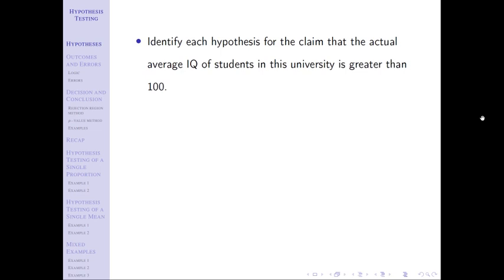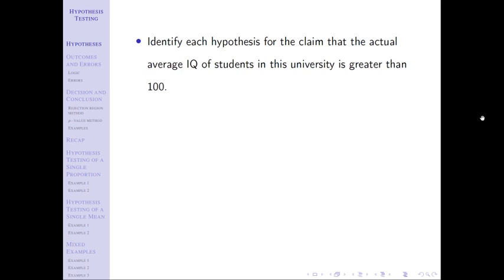The second bullet point says if the claim is directional, and this is a directional claim. Think about a number line: if I would shade it one way or the other, that's directional. The claim is mu greater than 100. The alternative hypothesis is the same symbol, same direction. We don't flip the greater than or less than. If it's going to the right, we still go to the right. If it's going to the left, we still go to the left. So we're still greater than, but without the equality. This one didn't have an equality to start with, so we just get to write that down. We don't have to change anything.